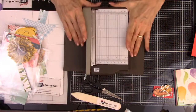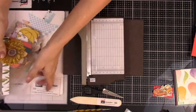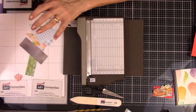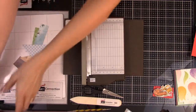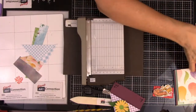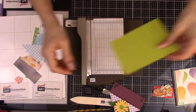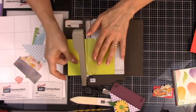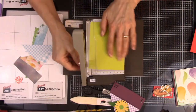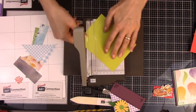And I have my mini cutting board. So I'm just going to put all my embellishments aside. These are some of my scraps that I'm going to refer to. But basically, you're going to start with a piece of cardstock, so I'm just going to cut a piece of cardstock here. It has to be 4 by 4. So let's see if this is okay. That's 4, so that's a perfect 4 by